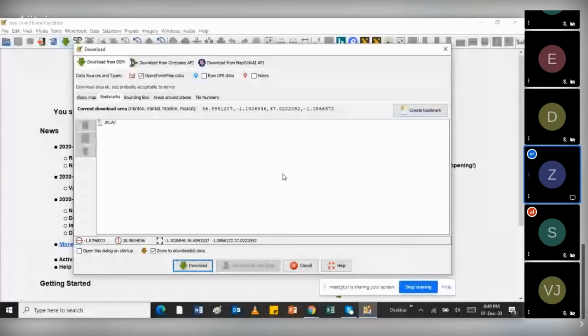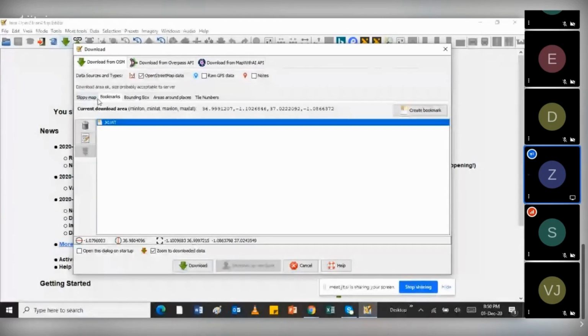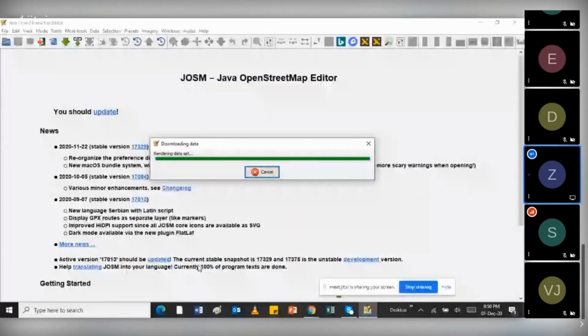within this rectangle. Then I also demonstrated that if you are working specifically in that area and you'll be doing more edits and you already specified it, you can easily bookmark it.